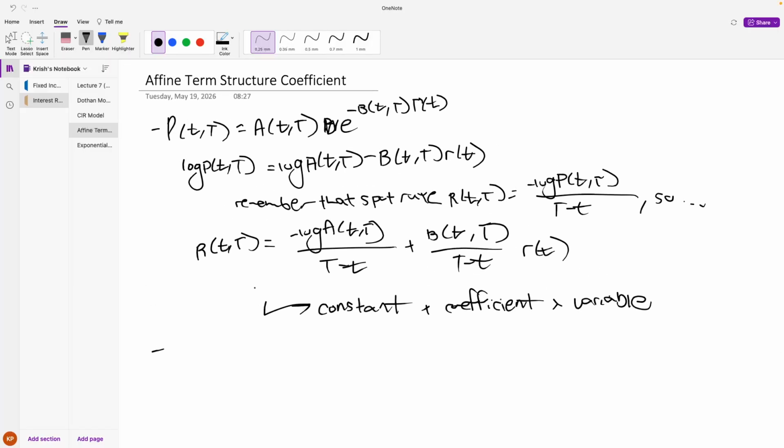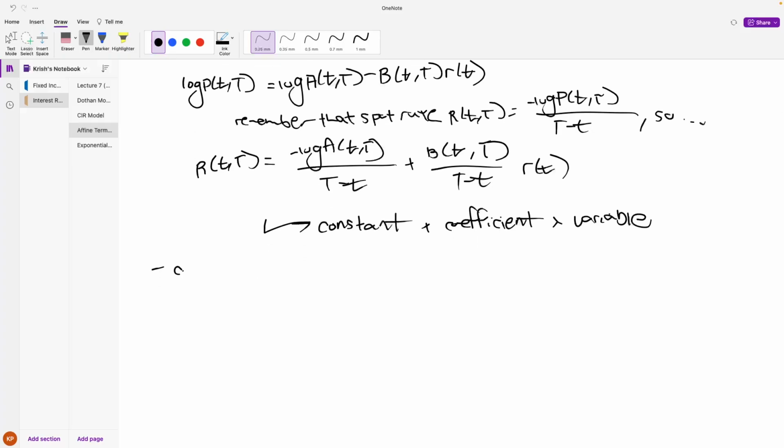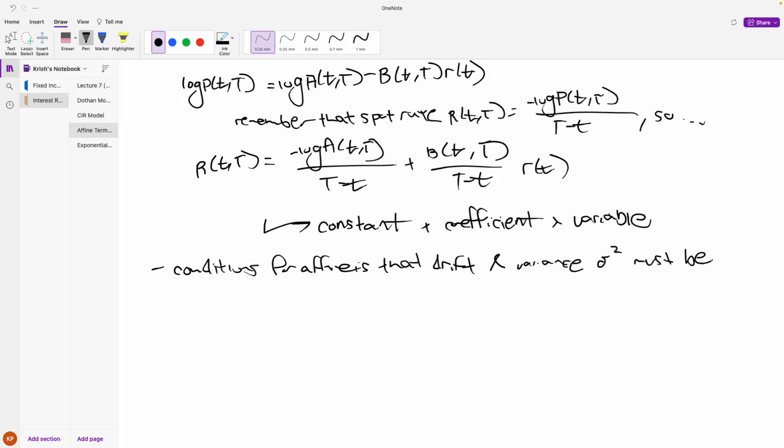And so the conditions is that drift and variance must be affine functions of the state variable. Just to simplify that, what that means